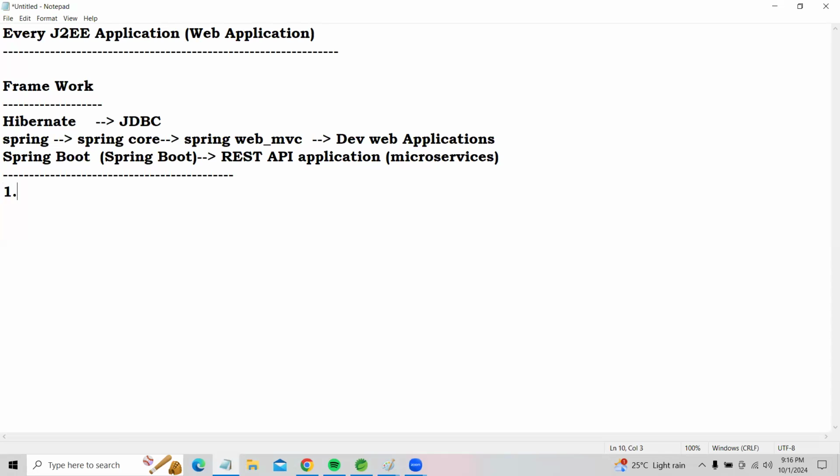First, we need to understand what is REST, second, what is a REST API, and third, how to create a REST API application. And after understanding REST API applications, next we talk about microservices.